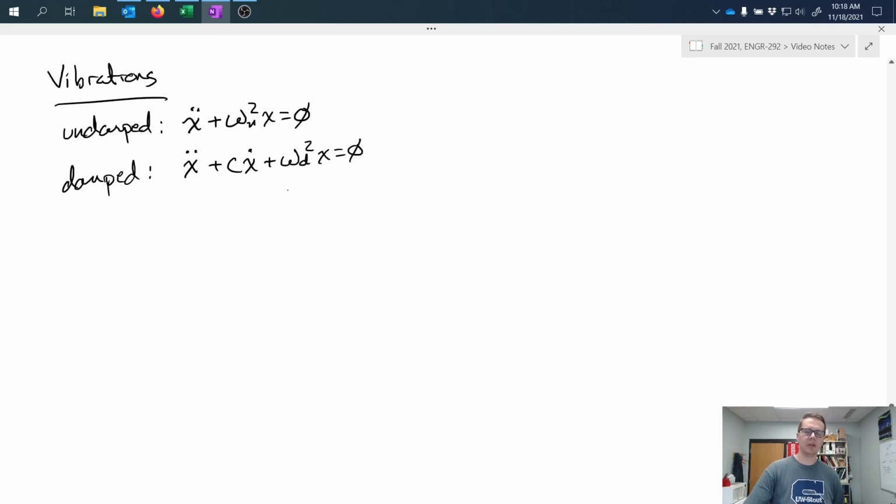And the only real difference here is that we've added in this damping term, the damping coefficient, which acts on the velocity of the motion, x dot. Now, thinking about the frequency of vibration is useful in that we may need to know the natural frequency, and